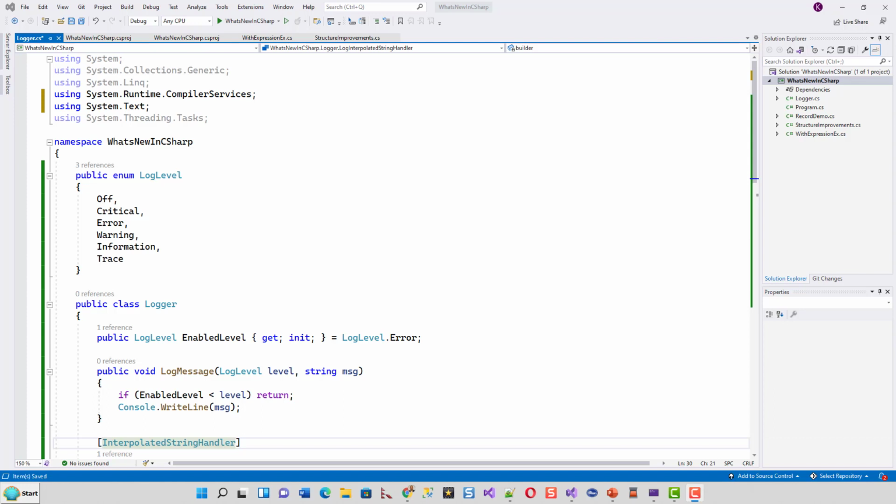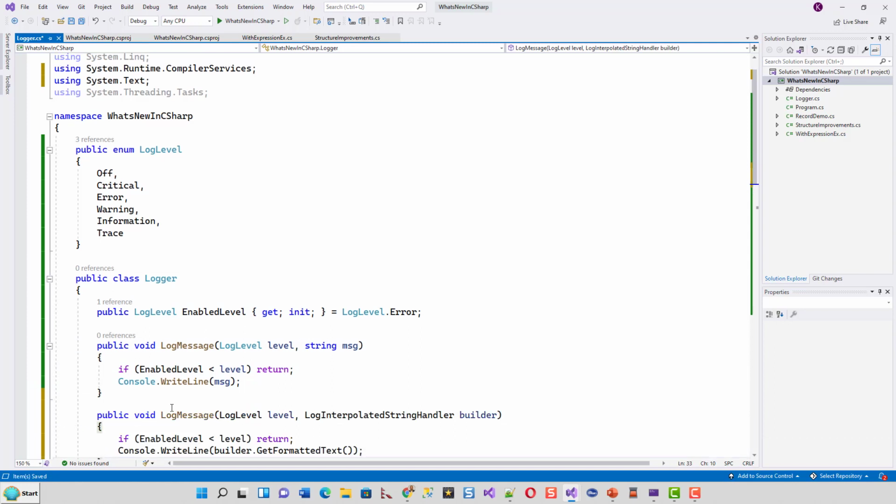Okay, so what happens here is that, as I have explained, for an interpolated string handler type, this attribute needs to be there, which indicates the attribute type is to be used as an interpolated string handler. Okay. Now next we add an overload to the LogMessage. LogMessage is this method in the Logger class. We'll add an overload to the LogMessage, and we'll copy and paste code that I have got on my clipboard, which is this public void LogMessage. See, name is the same, signature is different.